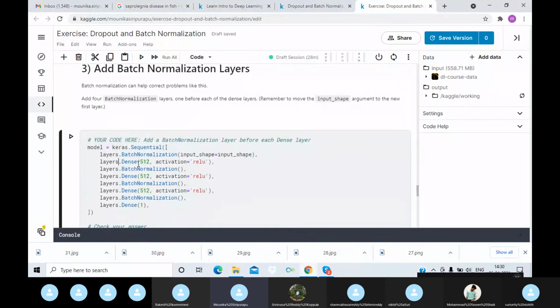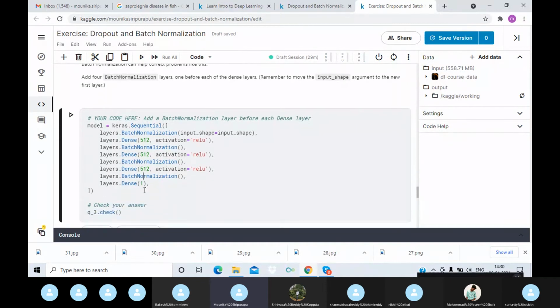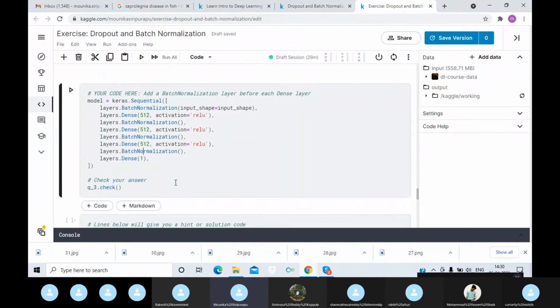For every dense layer we will be adding batch normalization. Here we have added 4 batch normalization layers and the last one is a dense layer of 1 unit.